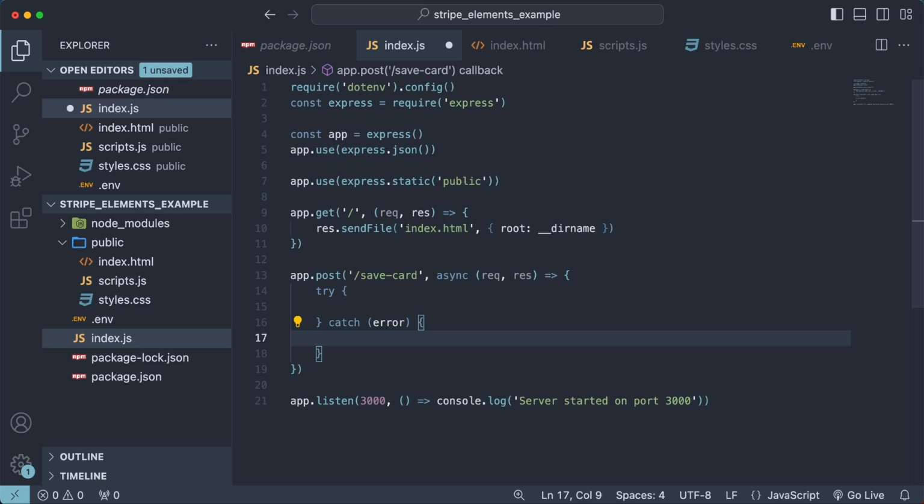Now let's assume one of our customers on our database is already logged into our application and wants to add a credit or debit card to its wallet. So let's create this customer on the Stripe platform first inside the save card route, and then we're going to attach the card details. First thing we need to do is to import the Stripe module here on the top, and